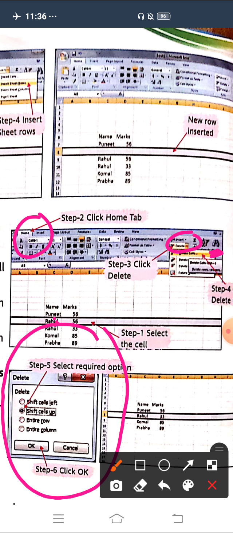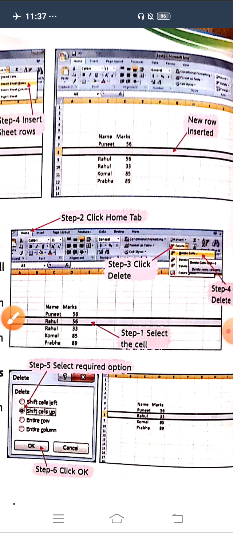When you delete a particular cell, automatically all the cells will be shifted upwards. That's why we have to choose which option? Shift cells up. Then we have to click on OK button. You can see all the cells are shifted upwards.